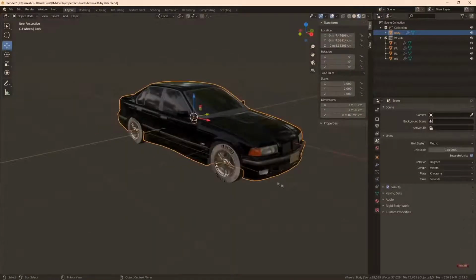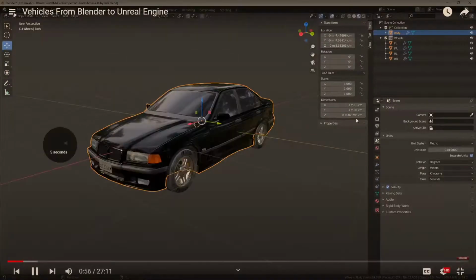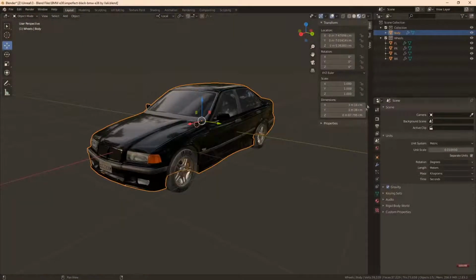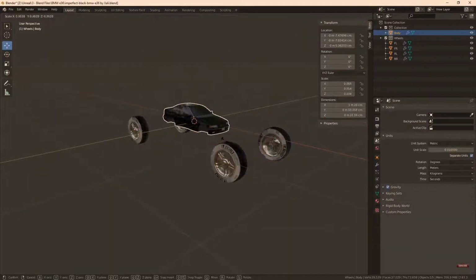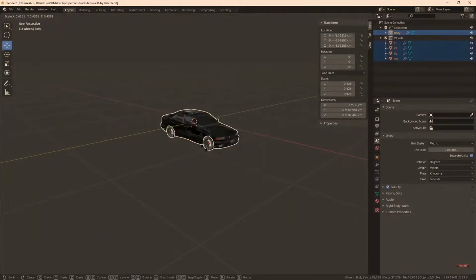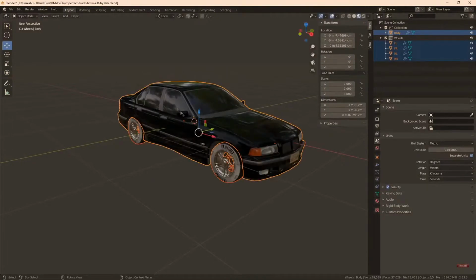Then you're going to want to scale this up because this will actually be really small. Wheels aren't going with it. So you need to scale it up so that the vehicle is